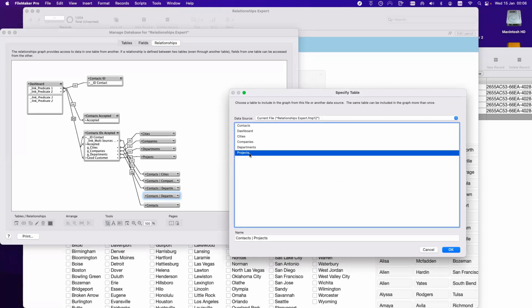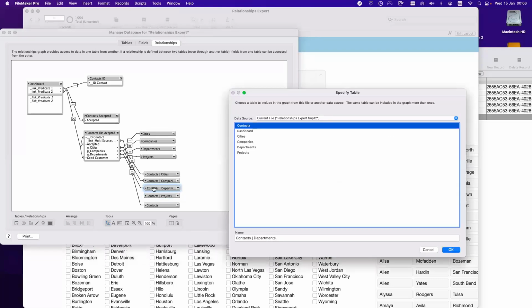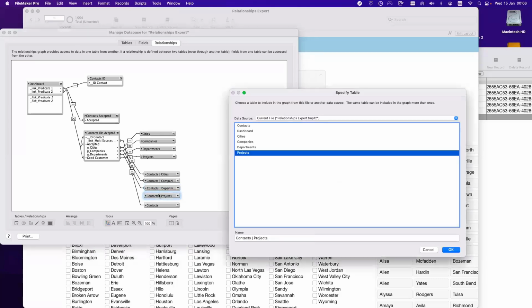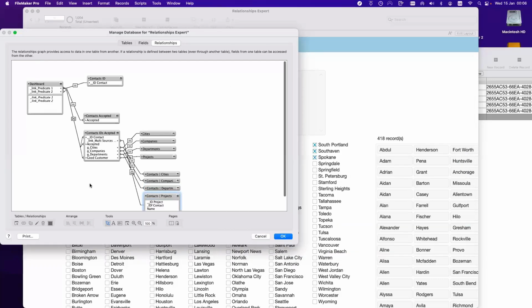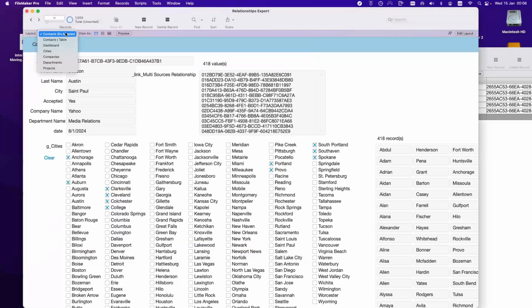So here, I'm going to the project table, not the contact table. This is the project table, another table, right? I want to connect the selected project with this, and you see that in my project table,